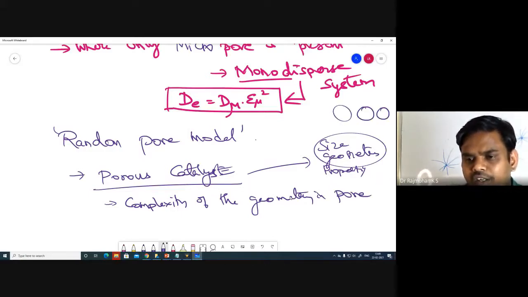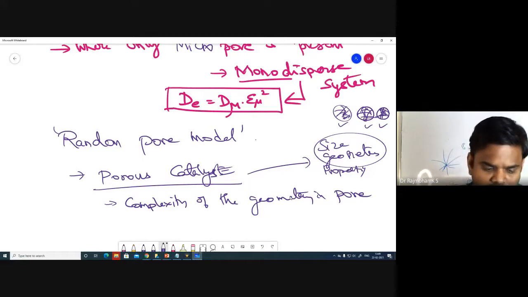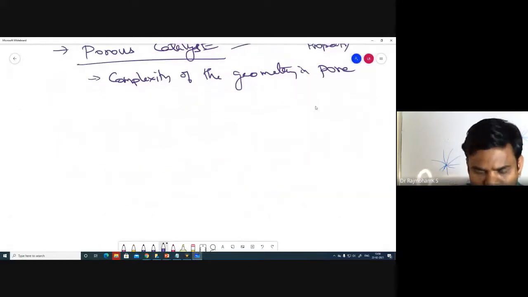everybody may give 1 mm diameter particles, but inside, how the porosity is there, or how the pores are present in the particular catalyst material, depends upon what standard method they have utilized and the conditions in which they are made, right? So that way it varies with various types of material. That's why we don't have a single model equation to make use of for all types of porous catalyst.